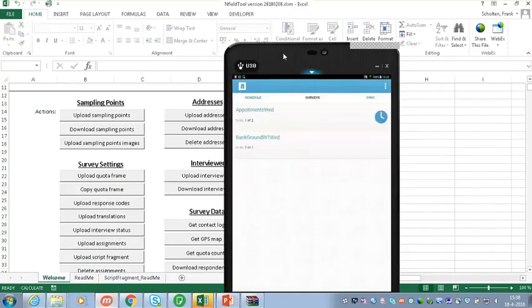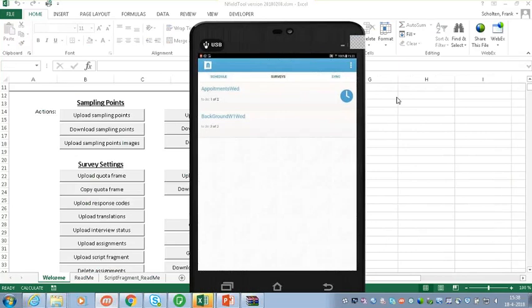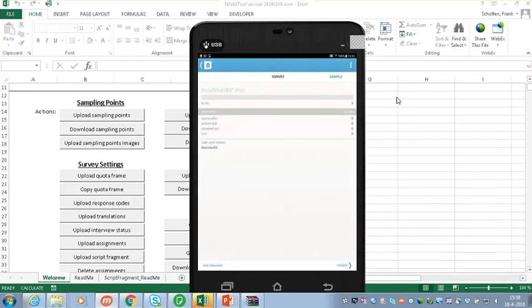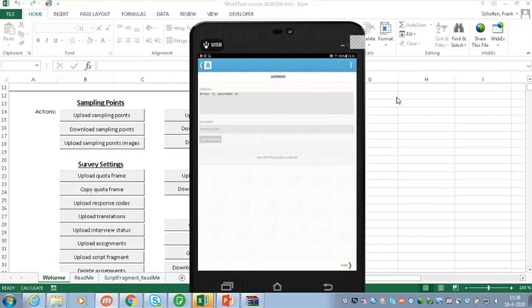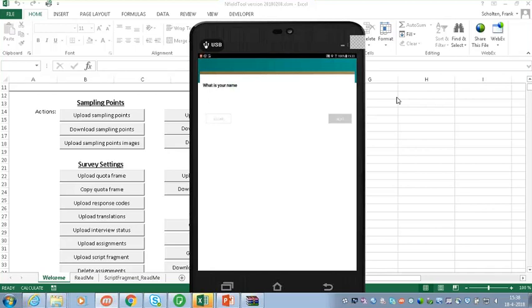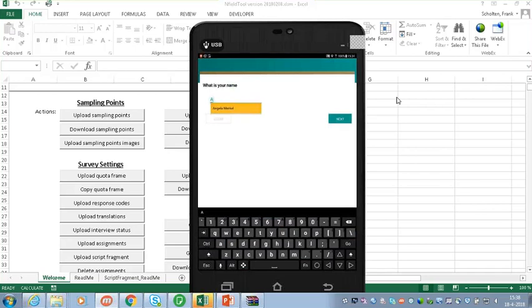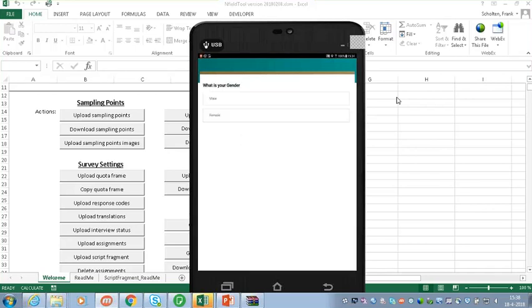Let's go to the client. It's synced, so the background wave 1 is the one we'll start. Sample. We will do the exact same interviews as we have done before. So for number 1, we will do an interview for Angela Merkel. And